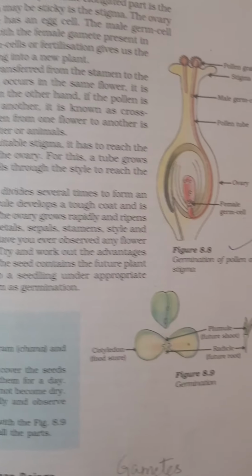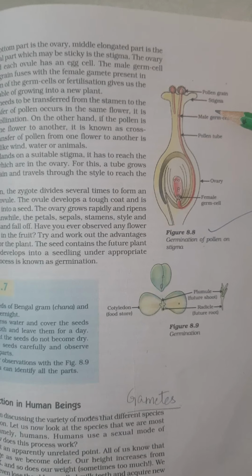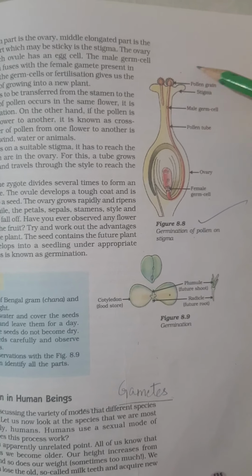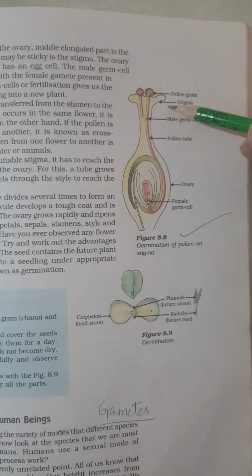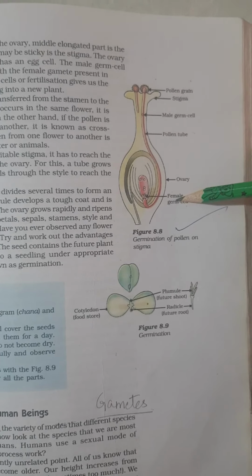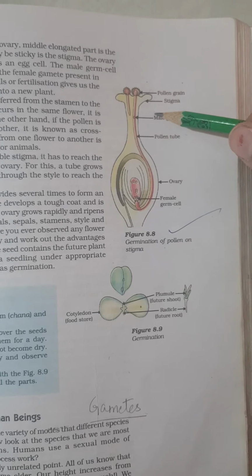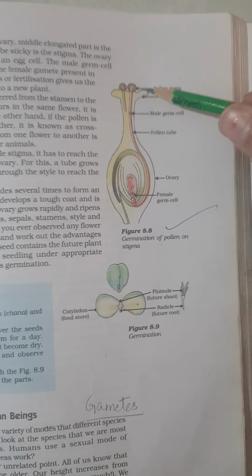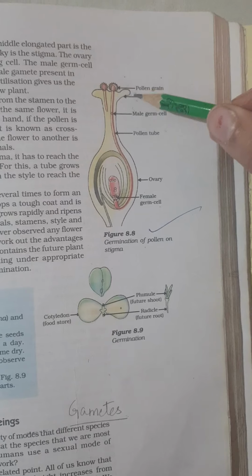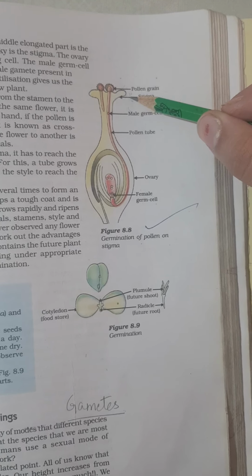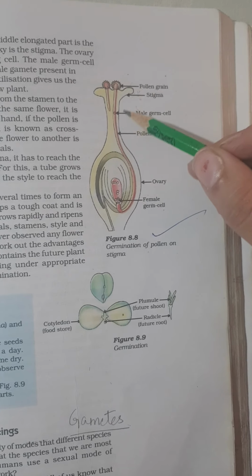So let us see how the process of sexual reproduction takes place in flowering plants. Here again, this diagram is very important from both points of view. See, over here the female reproductive organ is shown. This is the stigma, which is sticky in nature, as I told you. And on the stigma, what will be transferred? Pollen. What are pollen? We talked about anthers. That is part of the stamen, the male reproductive organ. Anthers contain these pollen grains, which will fall on the stigma.